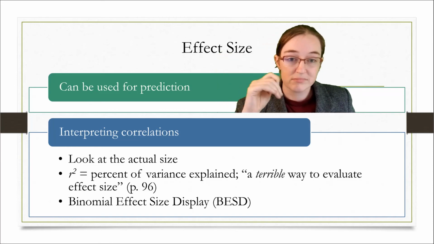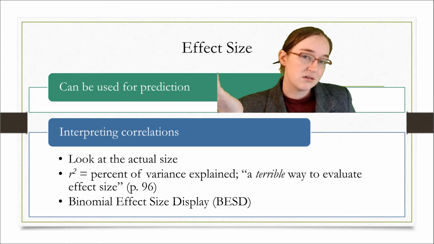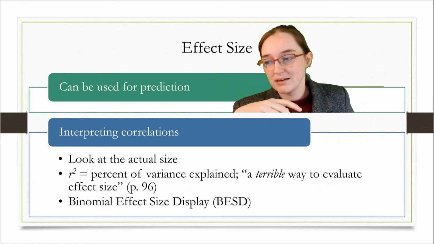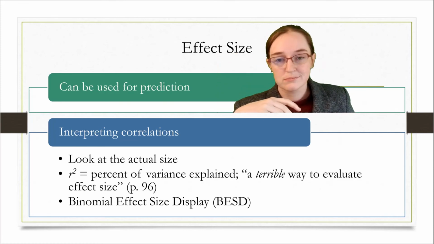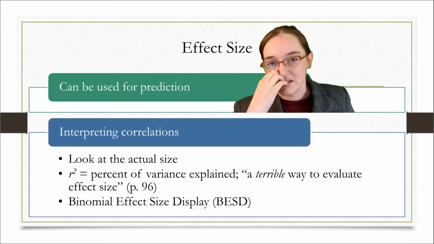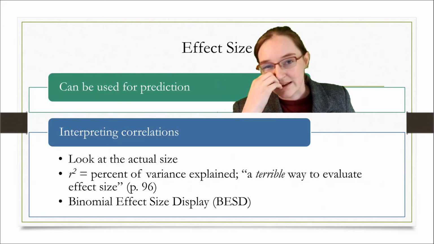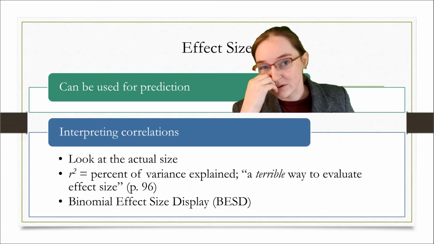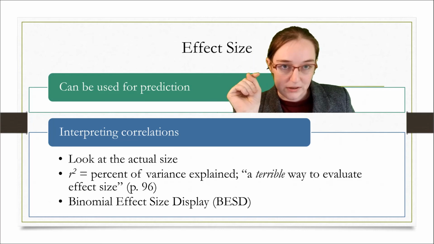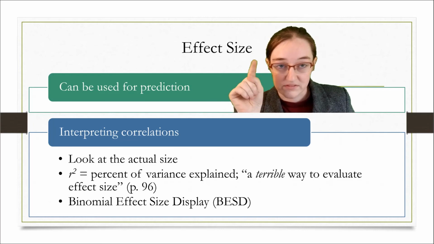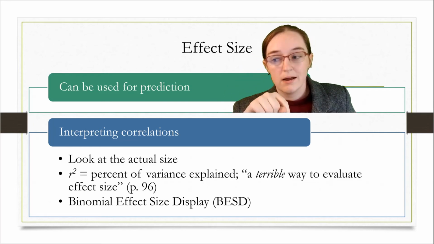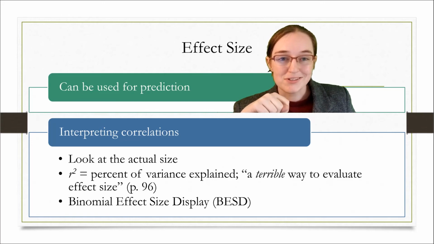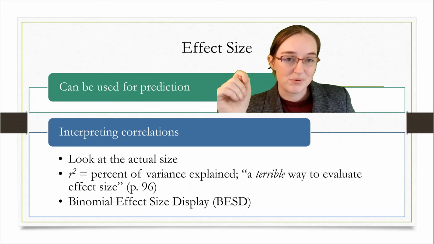But it's kind of hard to know what that means because it looks tiny. Because even a big correlation, say you have 0.9 as a correlation. What you do is you square it to figure out what the variance explained is. So a 0.9 correlation means you explain 81% of the variance.